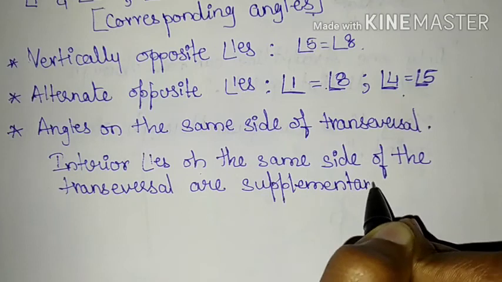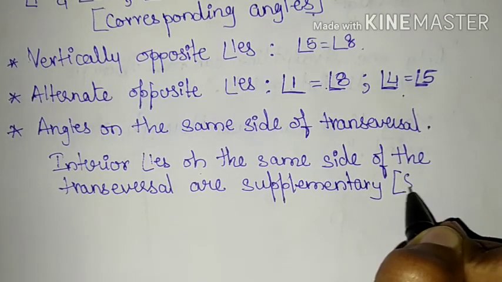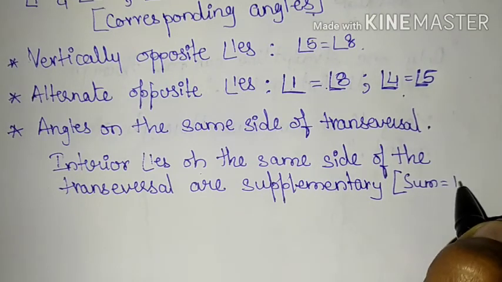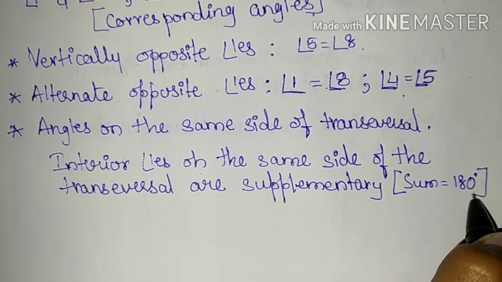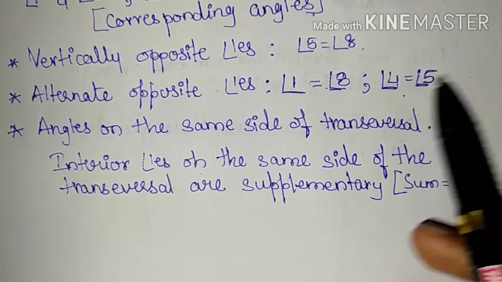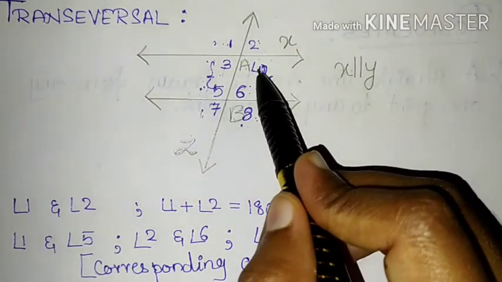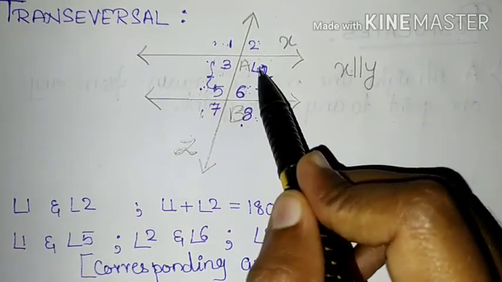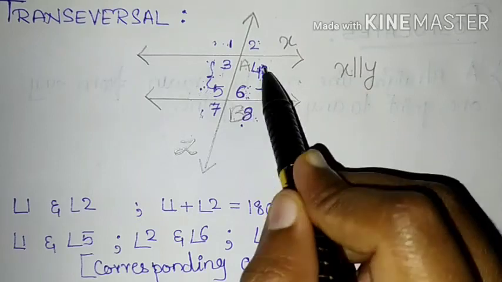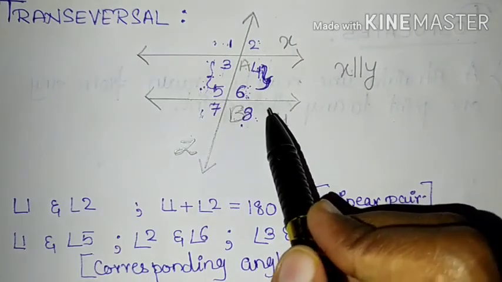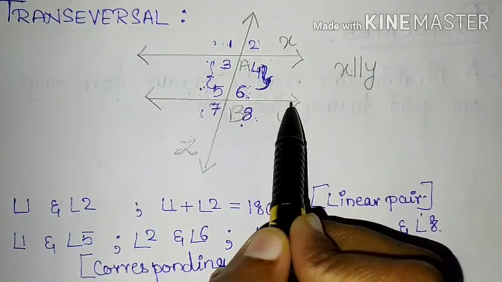Supplementary means their sum is equal to 180 degrees. That means when you add two of those interior angles, that is angle 4 and 6, their sum is 180 degrees only when the lines are